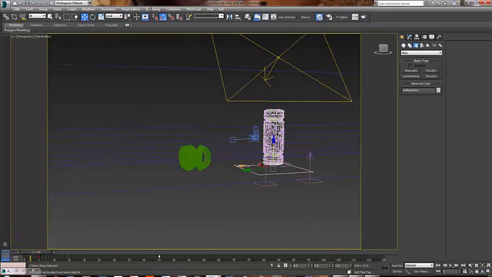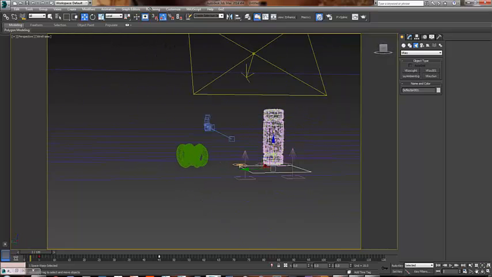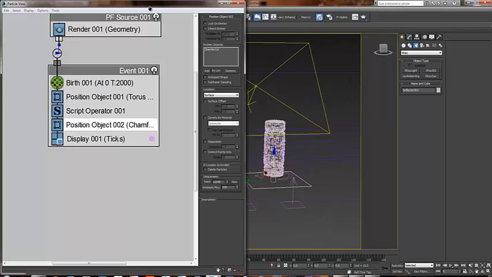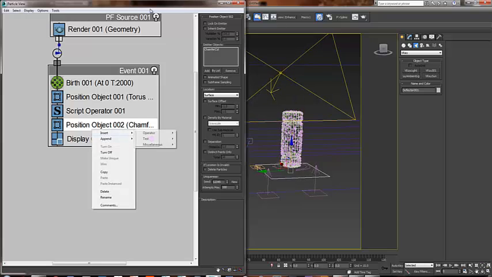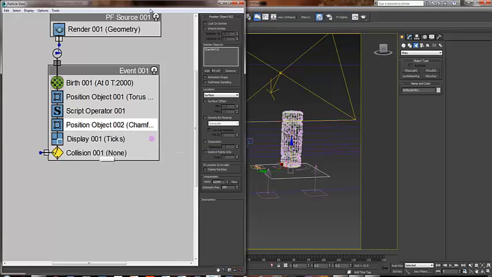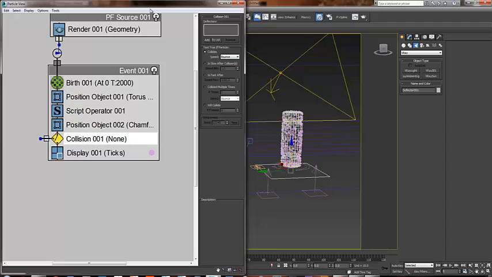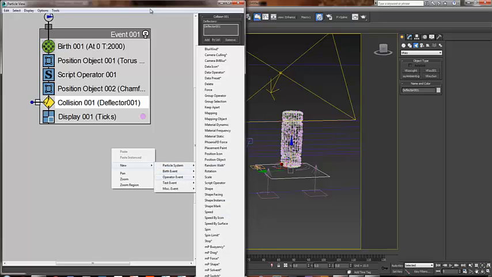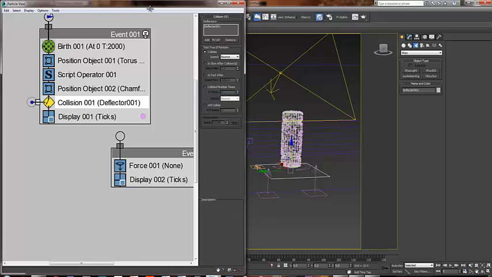Yeah, I have a deflector too here. I just made it, and it's an animated deflector that goes from bottom to up. So I'm gonna append a test, collision, and leave it up. Here I'm gonna add the deflector, and next I'm gonna go to new operator force,